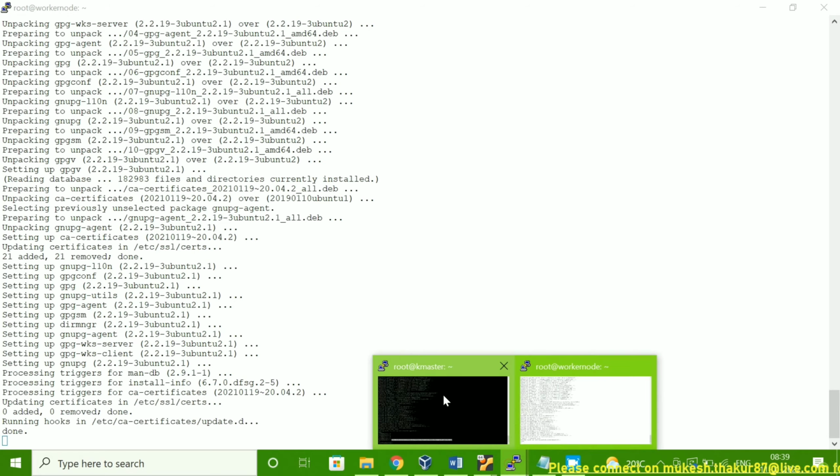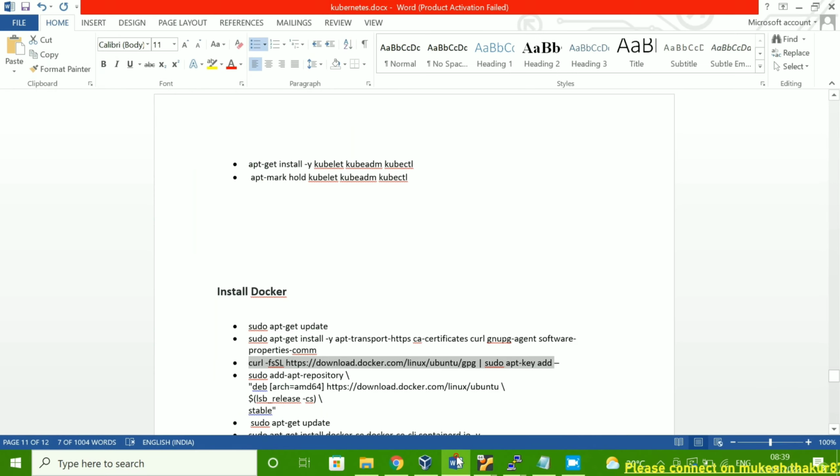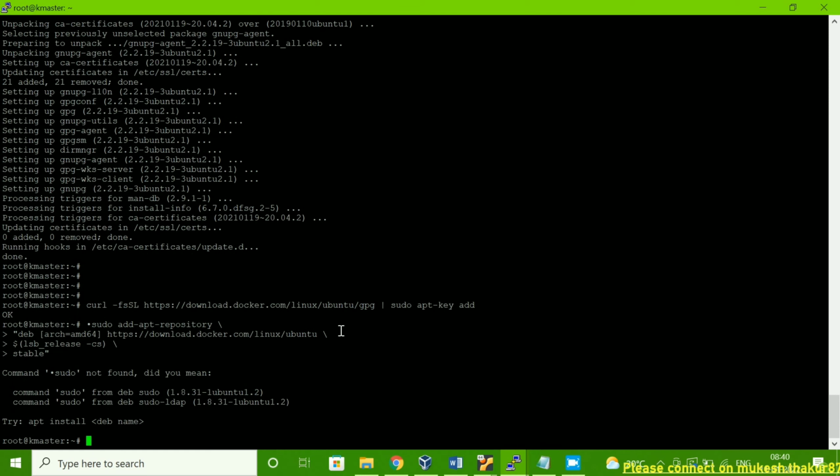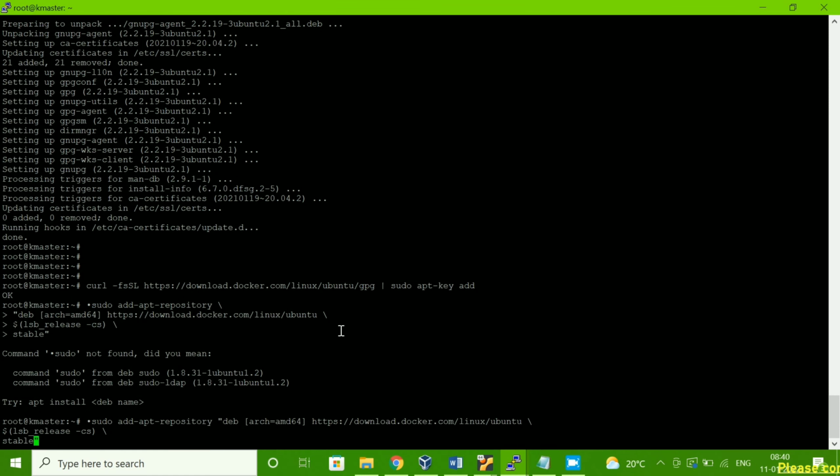Okay, no issue. So we will start from here. We can add the repository now on the master node. Let it run on the worker node. Okay, something is a problem here.